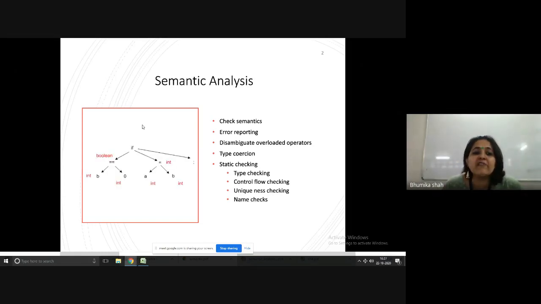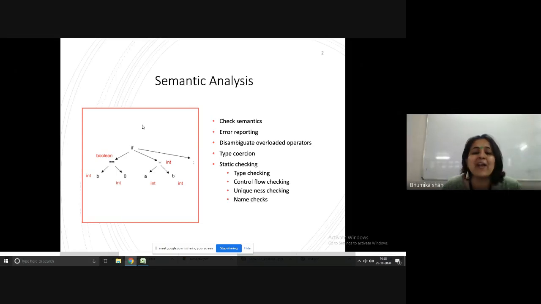So if we try to understand a statement, for example, if we have a statement like if a equal to b, then a equal to b and semicolon. In that case, how semantic is going to be checked? So we can check over here the statement that if a equal to b is true, then we are going to perform a equal to b, and then semicolon is terminating the statement.